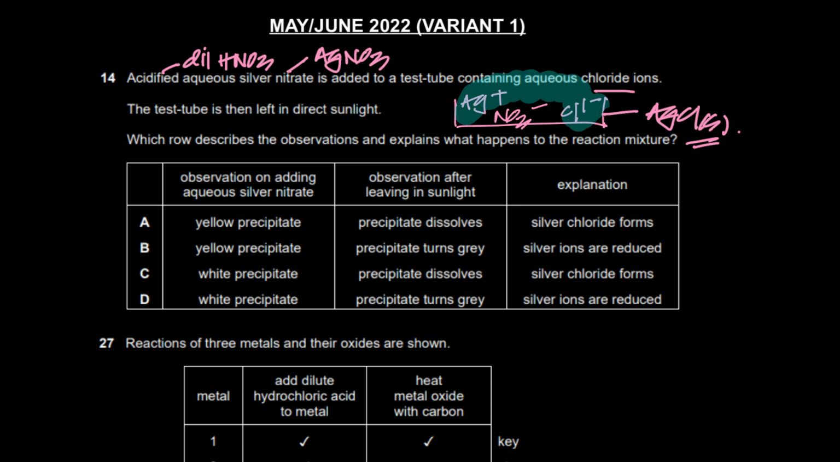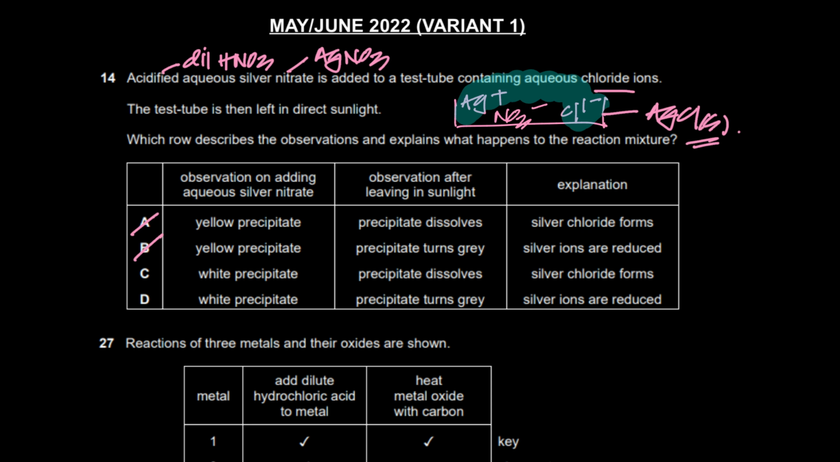you don't write PPT in your paper. Well, now you no longer have a theory paper, you're already done with it, but you write the whole word precipitate, right? So it's going to be white precipitate, silver bromide is cream precipitate, and silver iodide is a yellow precipitate. So therefore A and B are wrong, because a yellow precipitate forms when you have the iodine ions, not the chloride ions. And between C and D, if you check this out, it says